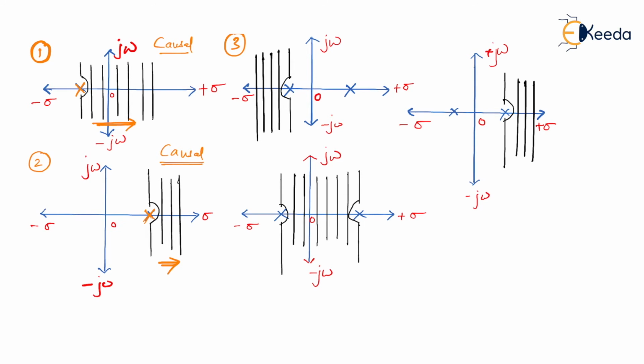Here also the pole is present on both sides, that is in the left half of the S-plane and also in the right half of the S-plane. But as I said, the location of the pole is not important. What is important? The orientation of the ROC with respect to a particular pole. So here the whole ROC is oriented to the left-hand side with respect to the very first pole, which is present in the left half. Since the ROC is present completely to the left-hand side, it is an anti-causal system. I hope the point is clear.